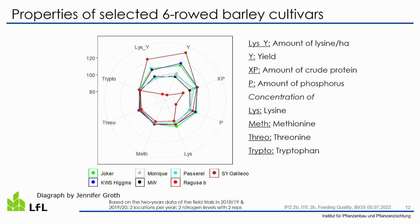So, to show this to farmers and give them an impression of different varieties, we put all this data in a web diagram where you can see some interesting varieties from these trials compared by all the parameters we measured: yield, crude protein, phosphorus content, leucine, methionine, threonine, tryptophan concentration, and leucine total yield per hectare. So you see there are quite nice differences between different varieties,